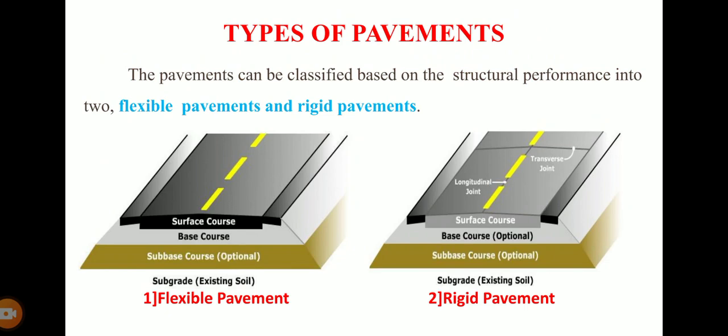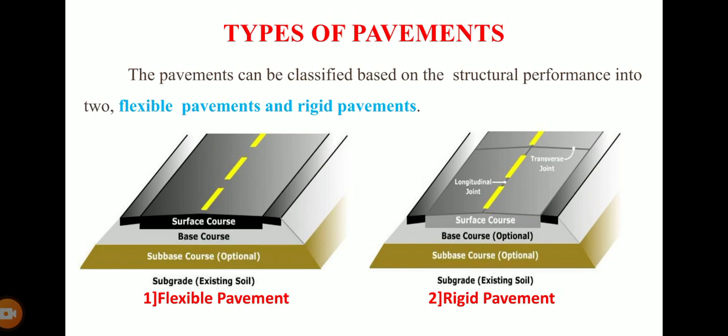As we said, there are two types of pavement, one is flexible and another is rigid pavement. So the first figure shows you the cross section of flexible pavement, whereas the second figure shows you the cross section of rigid pavement. Flexible means which is capable of changing its dimension due to the movement of the vehicles, whereas in rigid pavement there is no effect on this type of pavement by any means. It is called a rigid pavement.